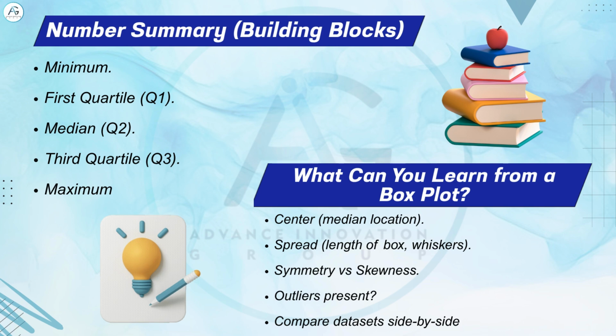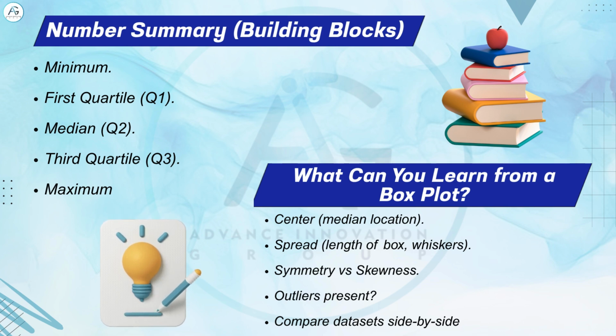They include minimum, the smallest non-outlier value in the dataset; first quartile, Q1, the 25th percentile, where 25% of the data lie below this value; median, Q2, the 50th percentile, the center point of the data; third quartile, Q3, the 75th percentile, where 75% of the data fall below this point; and maximum, the largest non-outlier value. These five numbers form the basis of what's known as the five-number summary, and they're exactly what a box plot